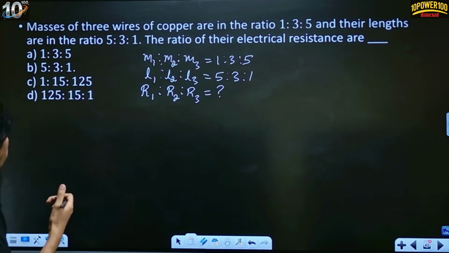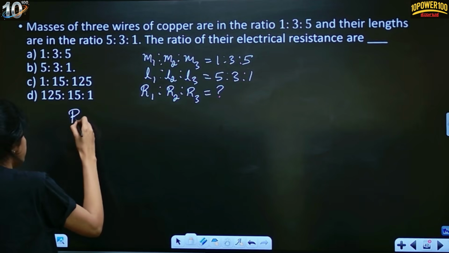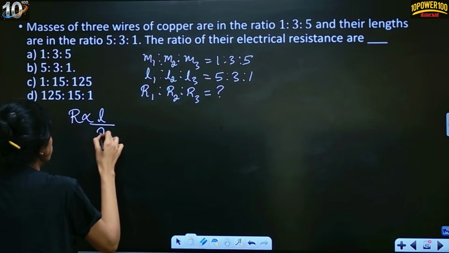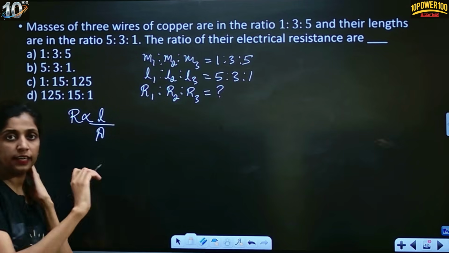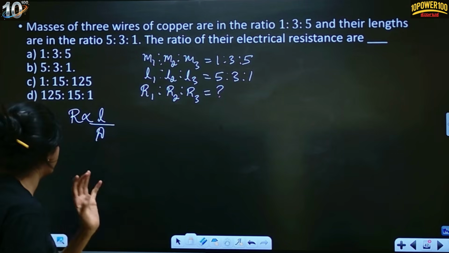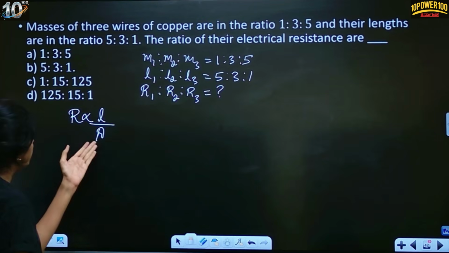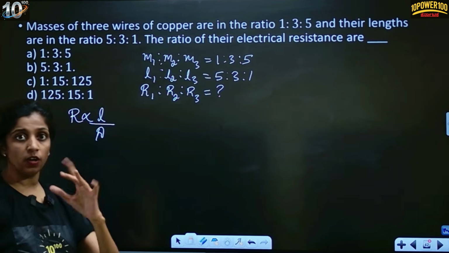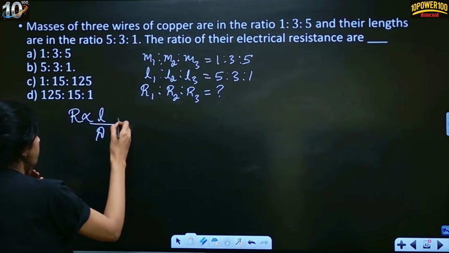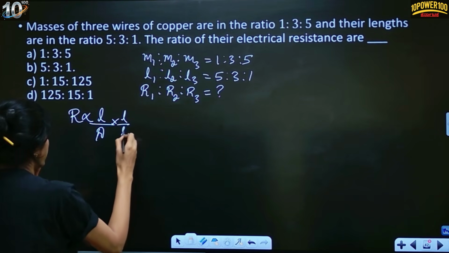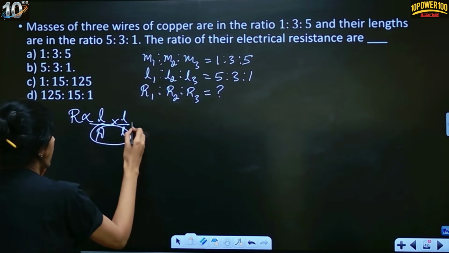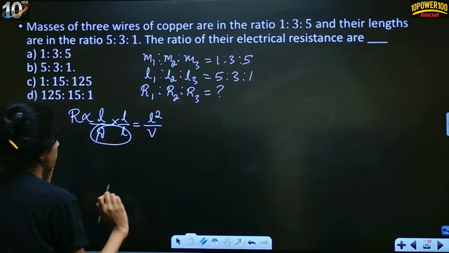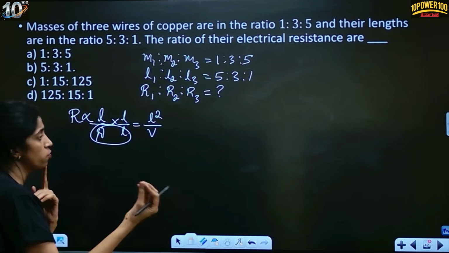Okay, now we know the formula. What's the formula? Resistance is directly proportional to length and inversely proportional to area, right? That proportionality is replaced by a constant, resistivity. Fine. But now here area is there, but I need mass. Mass is given. So what do we do here? Let me multiply this by L and divide by L. Then A into L, I'll get what? L into L is L square, A into L is volume, guys. Somewhere we are now close to the mass.